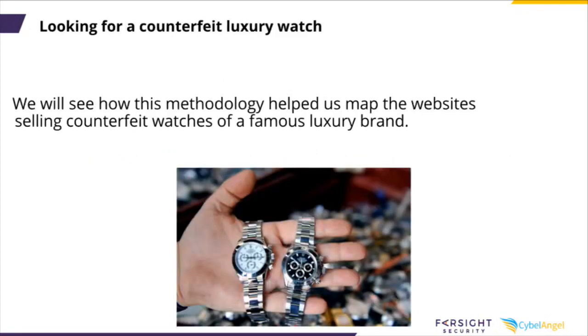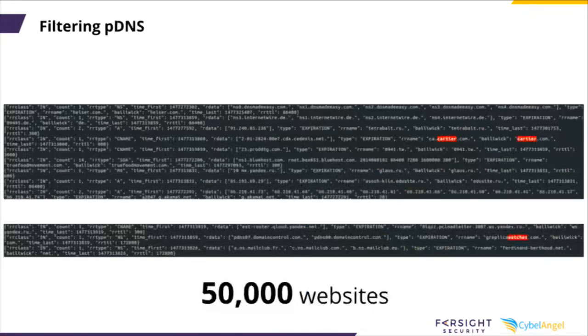Okay, now let's study a use case. We described all the methodology. Christmas is coming, so I'm thinking about buying a nice watch. And because I like nice looking watches, I will look for a Cartier watch. So what do I do? First, I subscribe to Farsight's passive DNS data feed. I receive JSON data like this, all the DNS lookups.